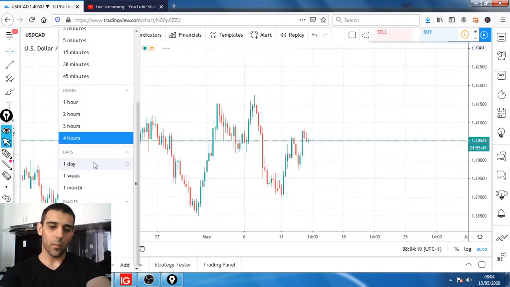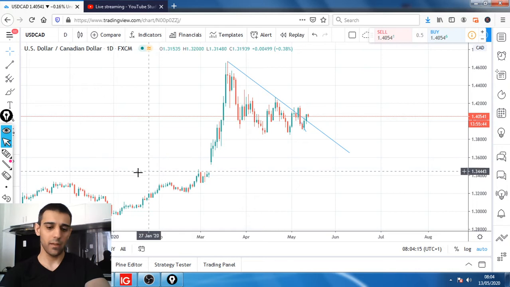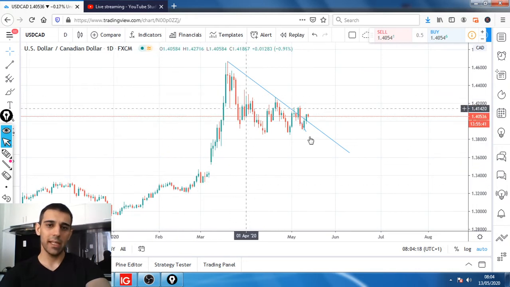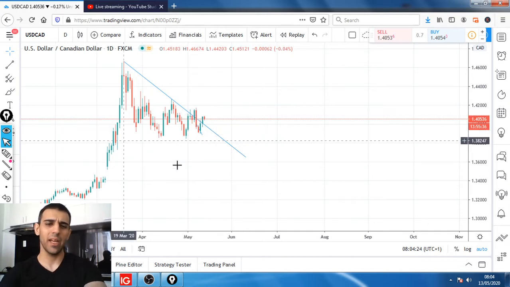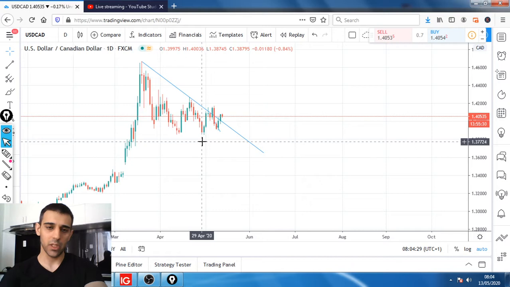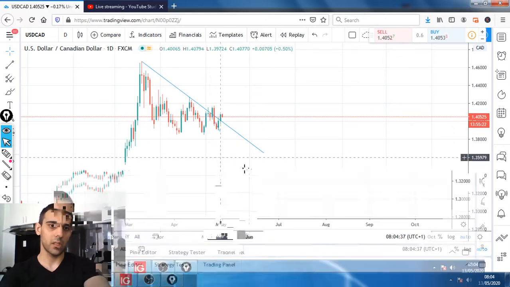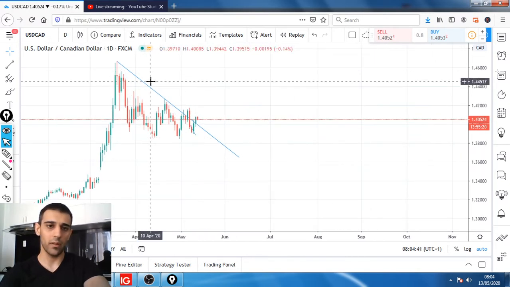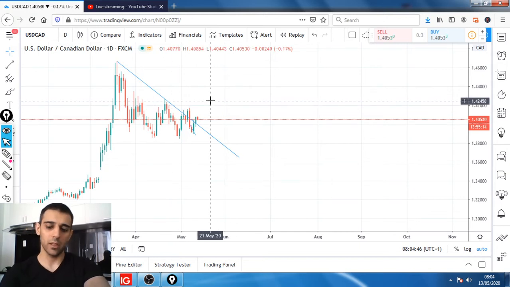If you're not familiar with my analysis, I normally start with the higher time frames and drill down to the shorter time frames. This is generally day trade analysis, but I do include semi-swing and swing trading analysis, depending on what's going on in the markets. As the day trade goes, I start from a daily time frame and drill down to the 4-hourly and 1-hourly time frames, and analyze all of that just to get the bigger picture. It's important to look at the higher time frames and then drill down to the shorter time frames, which is called multiple time frame analysis.